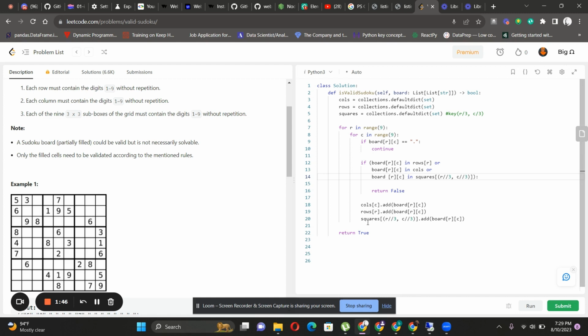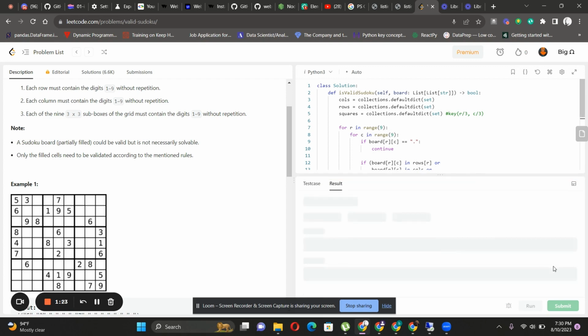In squares, we said, just for identifying which grid this value belongs to, we are dividing by 3, as the square is a 3 cross 3 grid, and we are just adding, and at the end we return true. So when run, this output is showing the case is accepted, and so